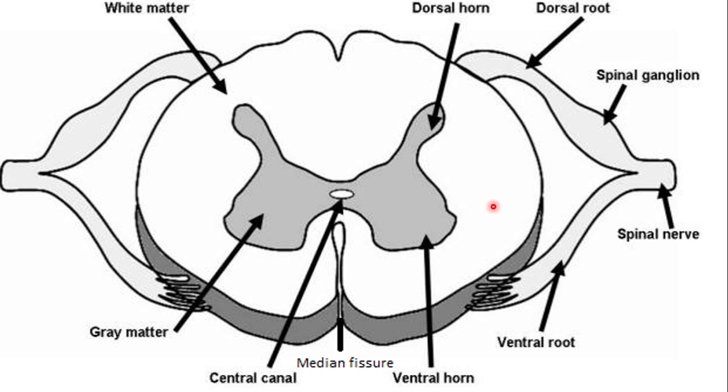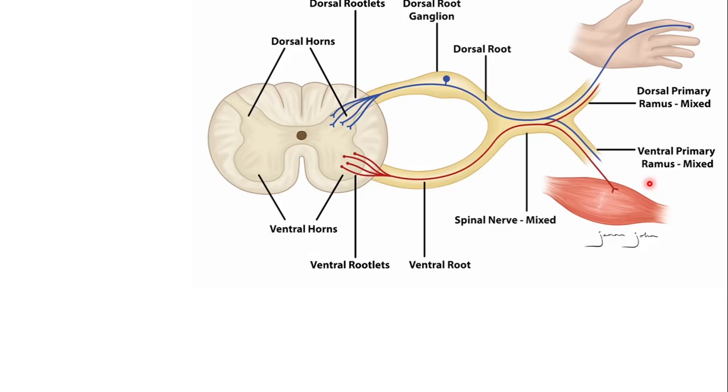So this portion here of the gray matter is the ventral horn, and this portion here is the dorsal horn. The dorsal horn gives off a dorsal root, and the ventral horn gives off a ventral root, and then the dorsal and the ventral root join here to create a spinal nerve, and then this spinal nerve gives off a dorsal and a ventral rami. Okay,